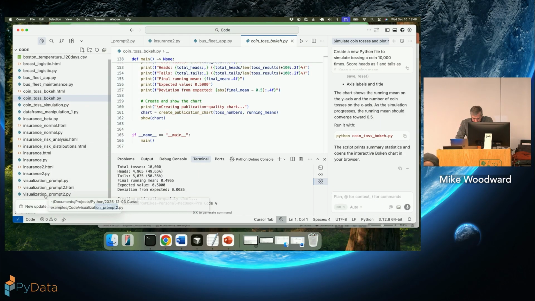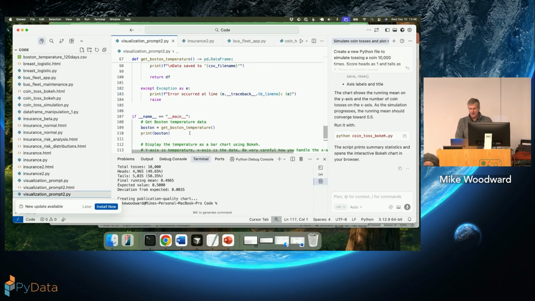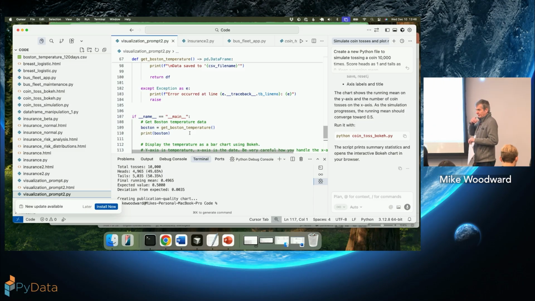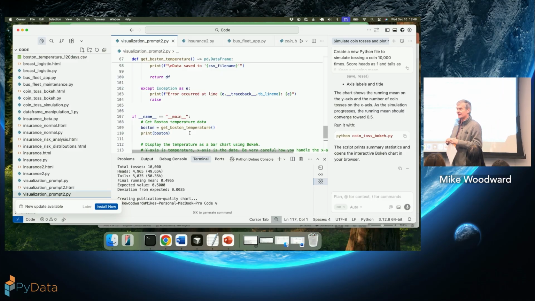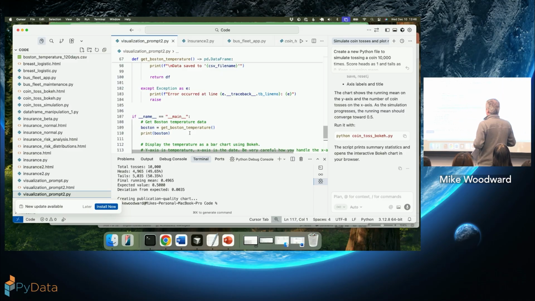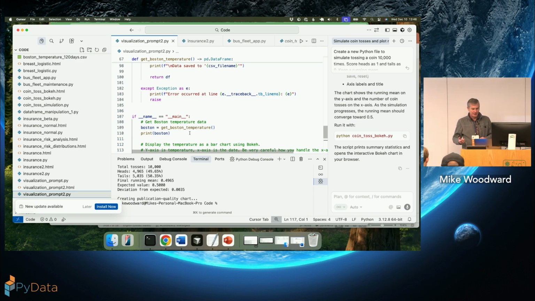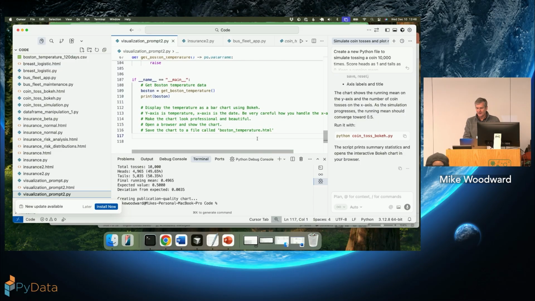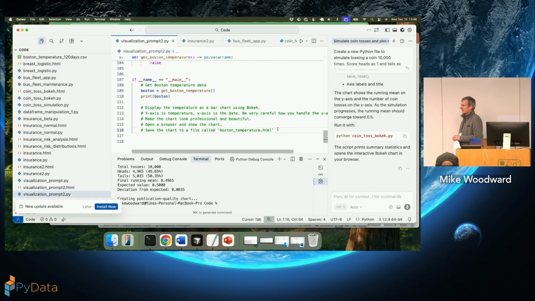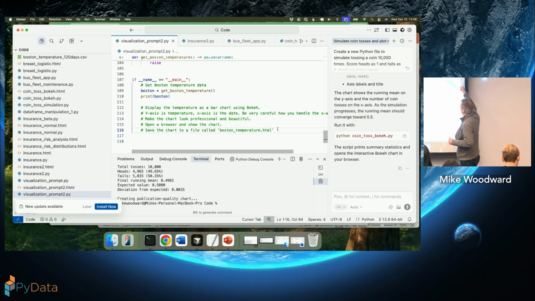Why don't I have a look at this? Okay, I've got another example here. What I wanted to do is show a bar chart. What I've got is some Boston temperature data for the last 120 days. And because I once was a physicist a long time ago, I decided I wanted it in Kelvin, right? Because Kelvin is the most convenient unit to use. So I've converted it into Kelvin. It will just print it, but I want it to produce a plot, right? So I'm not going to use the command line prompts here. What I've got is a comment here, right?